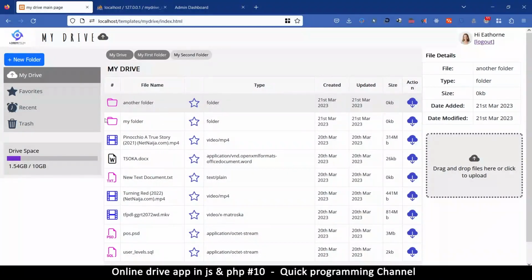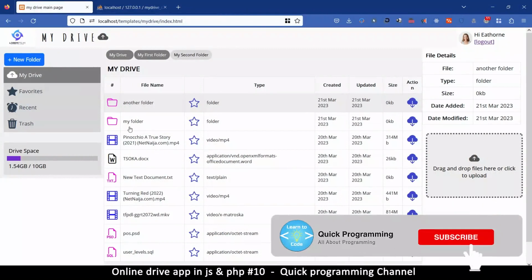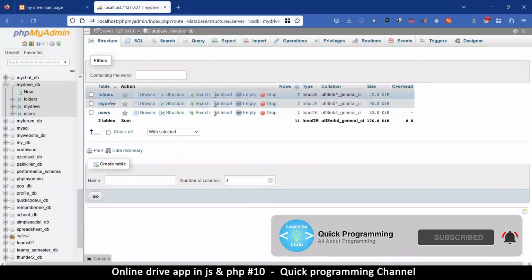In this one we want to deal with folders. So we need to be able to open a folder, go into a folder, and then add files to that folder, and then go back a folder up. Okay, so what we're going to do is we need to be able to know which files belong to which folder. So the folder ID is going to be important. So if we go back to our